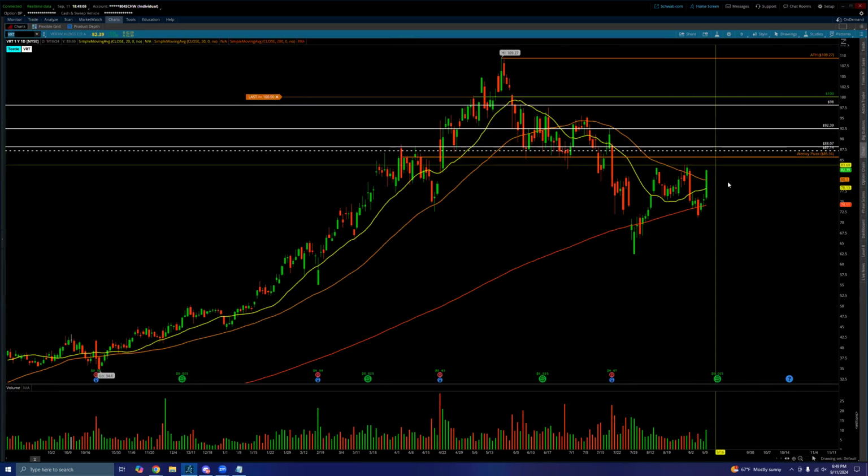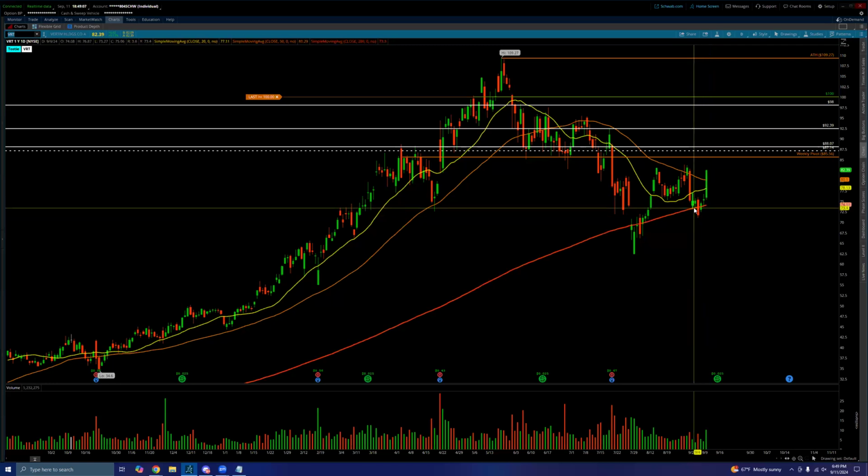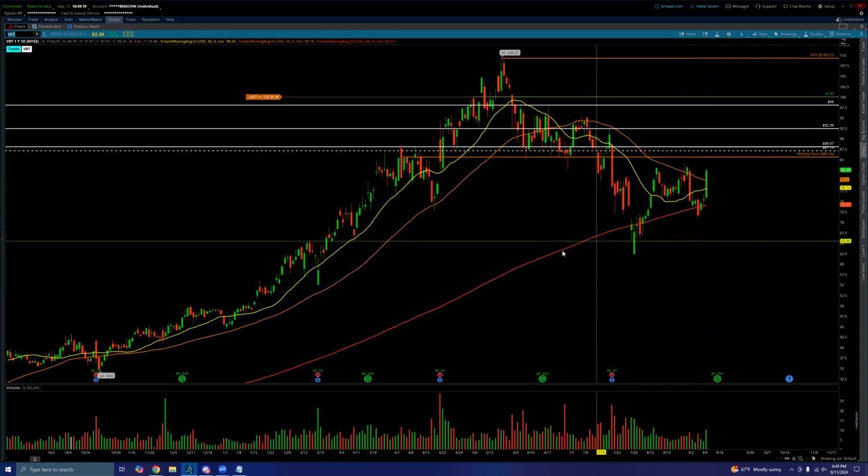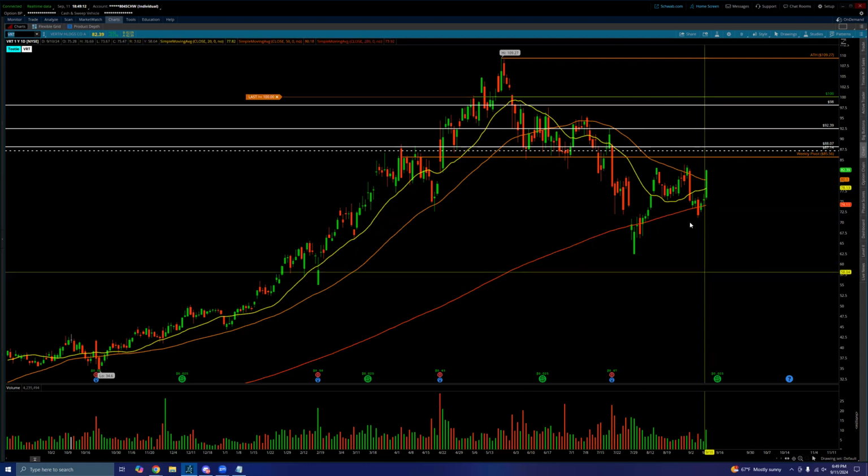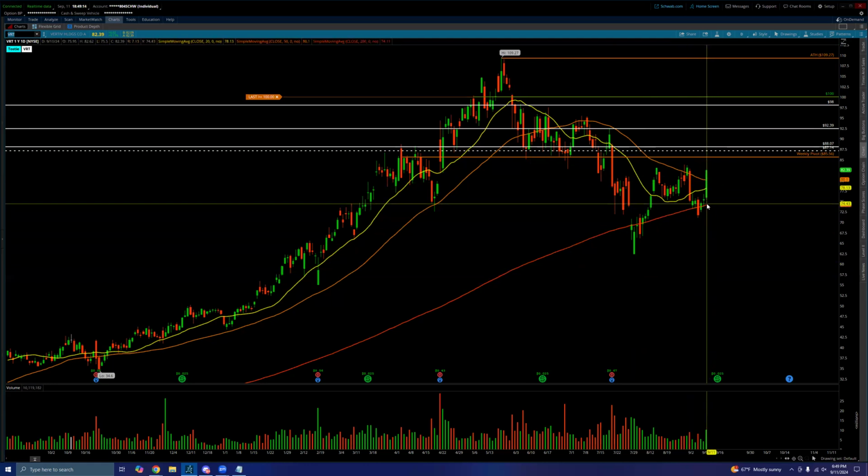I was actually looking at this earlier, Norvin, and to be honest with you, it looks really nice. Great to see this bounce off the 200 moving average here. Nice rising volume as we push through the moving averages as well.